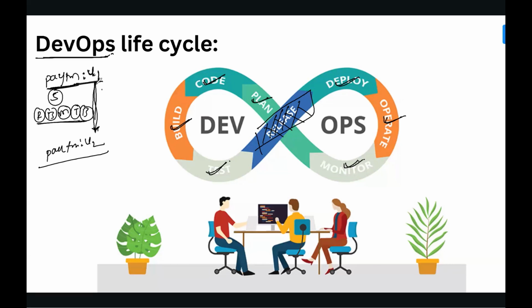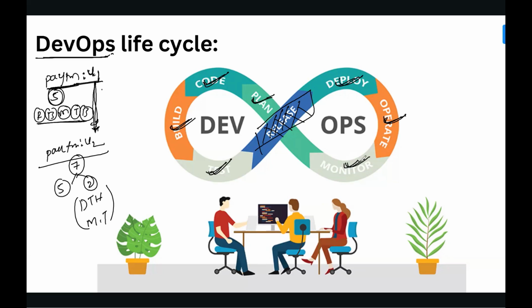When you are upgrading from the old version to the new version, ultimately we need to implement new features. Let's say in version 1, I am having 5 services in total, and in version 2, I am having 7 services. So again, to create two new features, what do I need to do? I need to do the plan. In my plan, this time I am going to create DTH as well as metro tickets. Regarding these two services, I need to write the code, build it, test it, deploy it, and operate it.